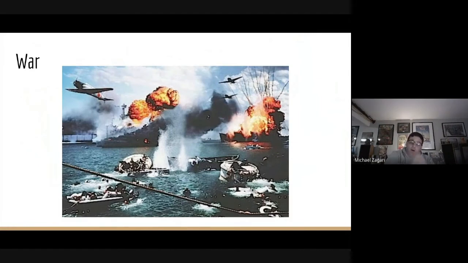And our aircraft carriers are not there, but our battleships are there. And we're going to have roughly 3,000 sailors and civilians that are going to perish in this attack. And it's going to be the worst attack on the United States up until 9/11. And this, Roosevelt on December 8th, 1941 is going to ask Congress for a declaration of war. And this will thrust the United States into World War II by a deliberate attack from the Empire of Japan.